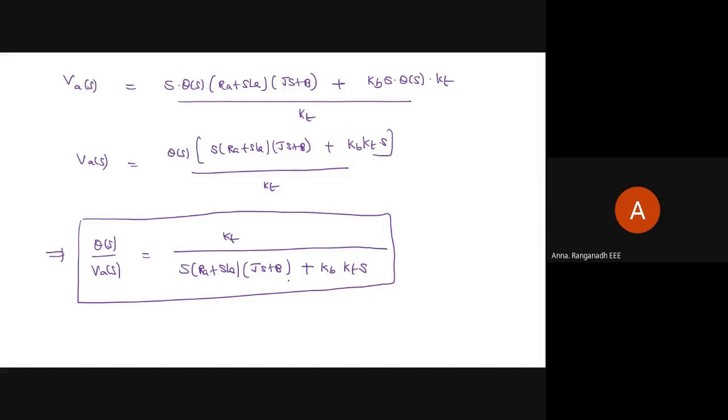We need to simplify it also, because in order to calculate the constants, we need to simplify it. So how to simplify, we'll see right now. This is the main transfer function. If you are unable to simplify further, you can stop here. If you have the knowledge, you can simplify it. But the simplification is required for performing the laboratory experiment. The same concept will be there in the laboratory that will be performed next week. In that, with the help of this finalized transfer function, we are going to calculate the parameters. So now I'm going to do the further simplification.